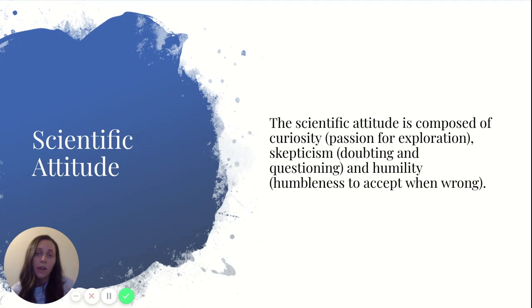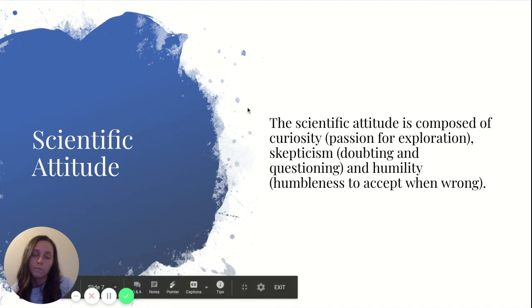You're not going to just believe everything you hear. You're going to doubt things and you're going to question them. And then you're going to add humility to that. So it's 3 things. And humility is just accepting when you're wrong and figuring out how to not be incorrect in the future. So you have to be curious, you have to be skeptical, and you have to have humility. Those are the 3 things that you need to keep a scientific attitude and to overcome some of those biases that we've talked about.